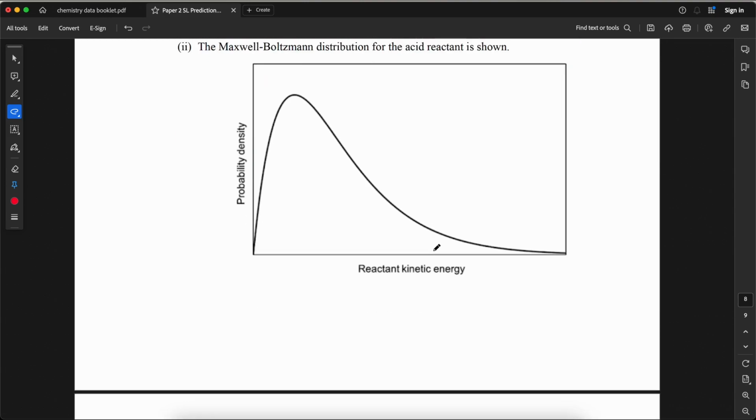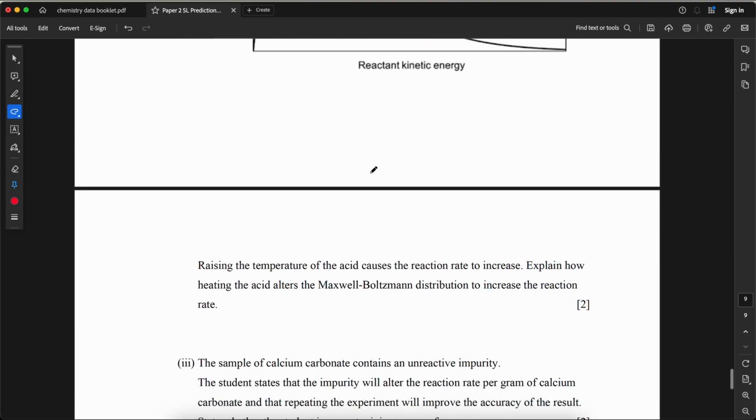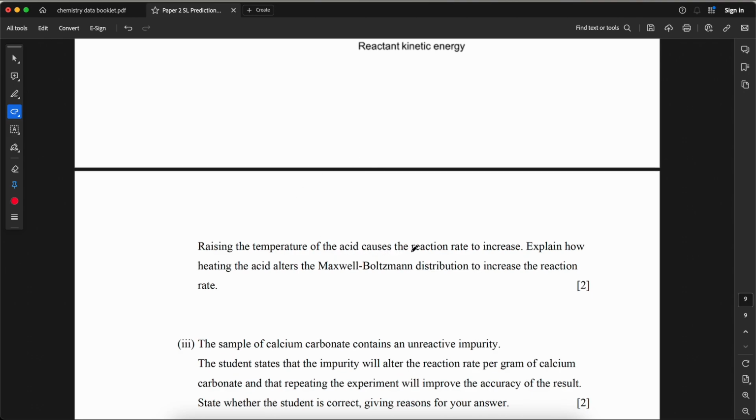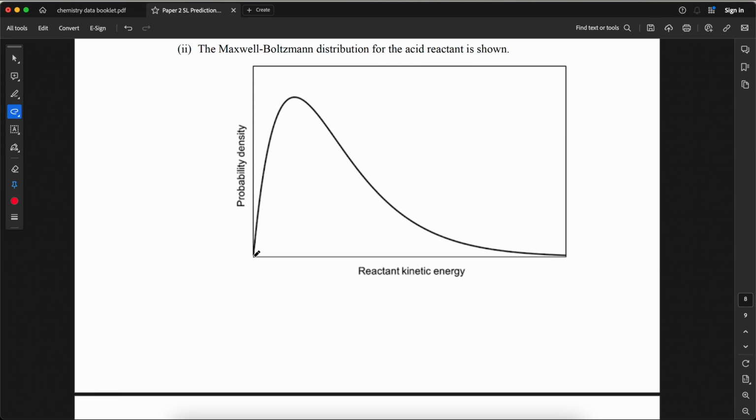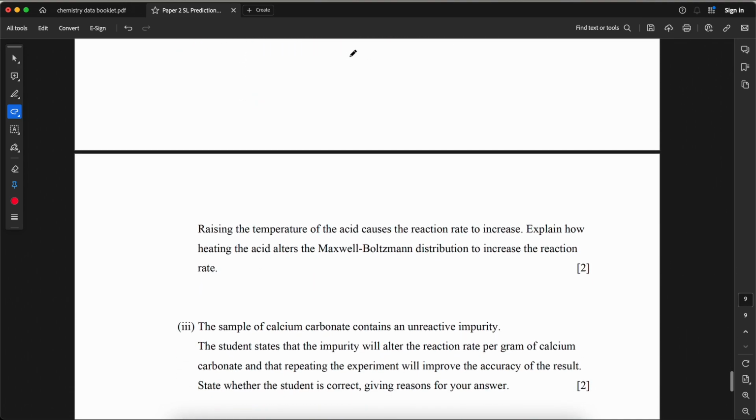The Maxwell-Boltzmann distribution for the acid reactant is shown. Raising the temperature of the acid causes the reaction rate to increase. Explain how heating the acid alters the Maxwell-Boltzmann distribution to increase the reaction rate. When the temperature increases, the curve will be slightly to the right and then lower. So this will be higher temperature. This is lower temperature. So as you can see from the graph, the peak